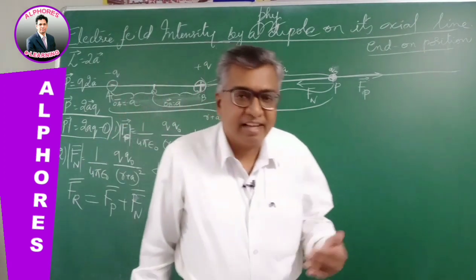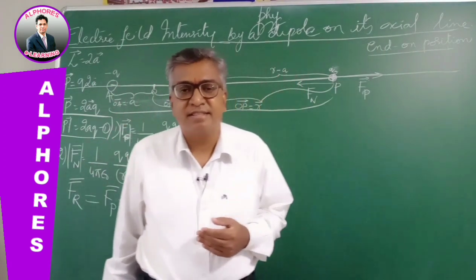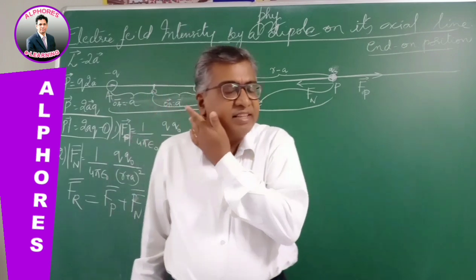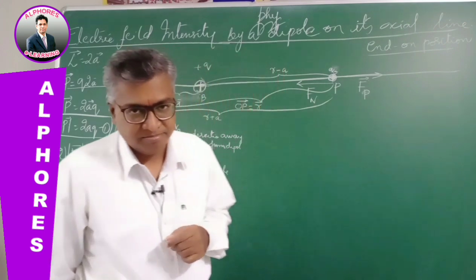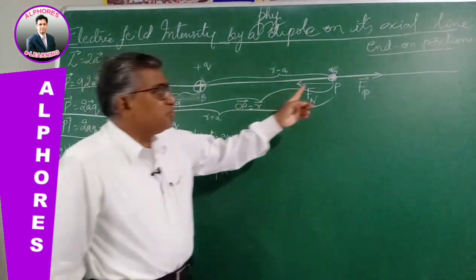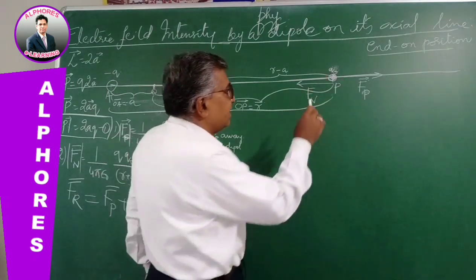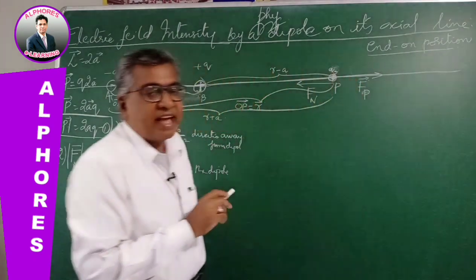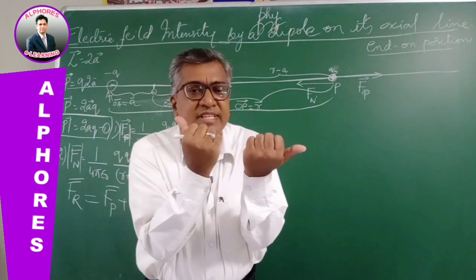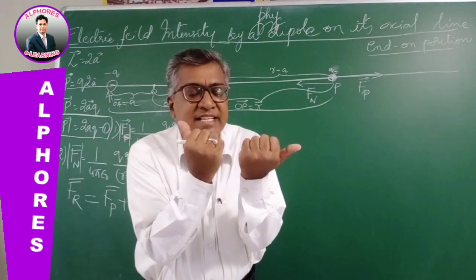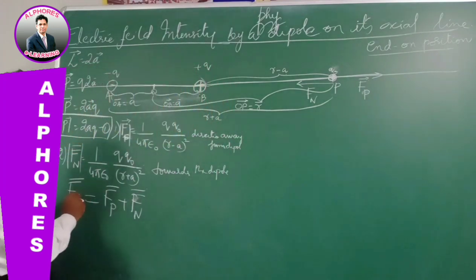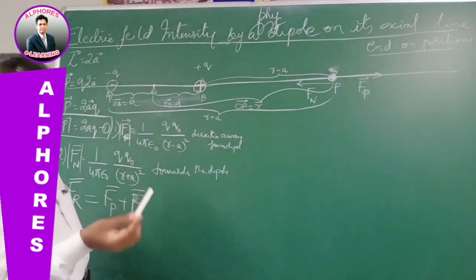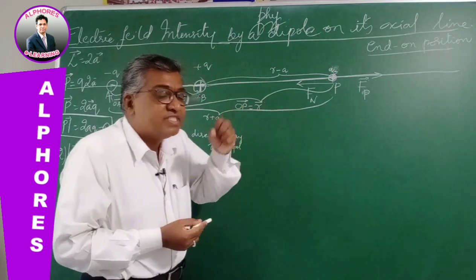But how do you find the vector resultant? According to the Parallelogram law of vectors, if there are two vectors a bar and b bar, then the magnitude of the resultant r is root of a square plus b square plus 2ab cos theta. Now here these two forces are in opposite directions. The angle between them is 180. When the angle is 180, the two forces are opposite, and the magnitude of the resultant is the subtraction of their individual magnitudes. So the resultant magnitude Fr is the subtraction of these both. But first of all, let us make out which is more and which is less.